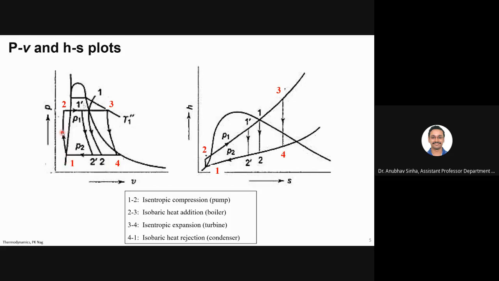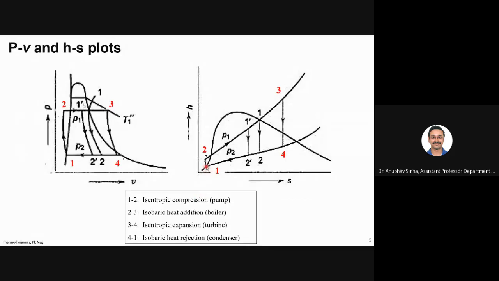The cycle will continue. Now let us look at the HS plot, enthalpy. So this is what is important for these steam plants, what we looked at in the Mollier charts. So at 1, you have saturated liquid. So this is a vapor dome again. As I said, we have to plot in reference to the vapor dome, so that we know where we have liquid and where we have vapor.